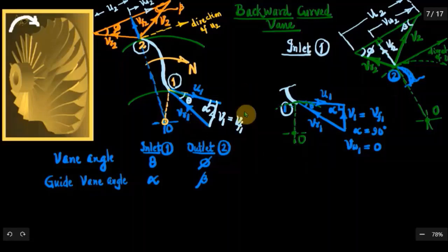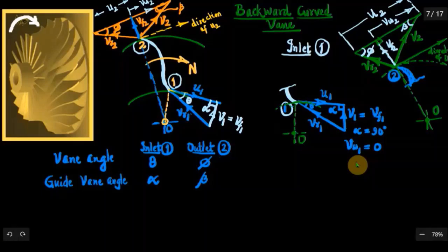Therefore, once you find V1, that is equal to VF1, remember that is the axial flow component at inlet, not radial. But VF2 is the radial flow component at outlet, and that is equal to VF1. So definitely you can get the value of VF2. Once you find V1, that is equal to VF1, and VF1 is equal to VF2. So now let us proceed and find out the remaining part of the solution.